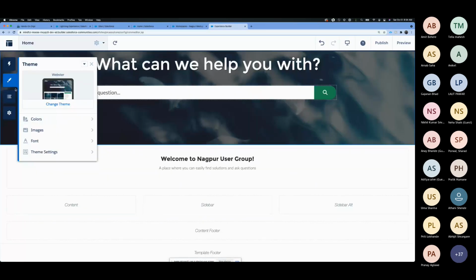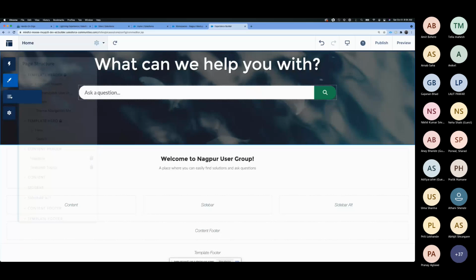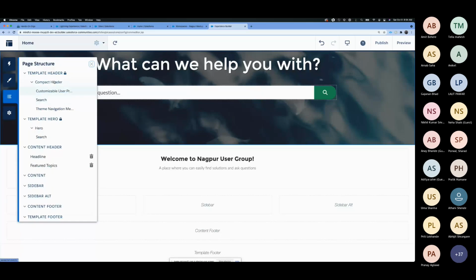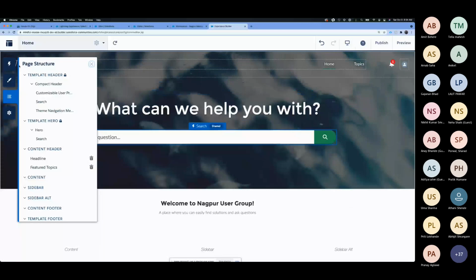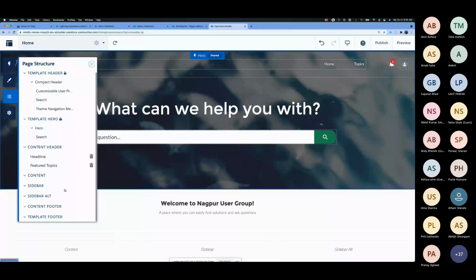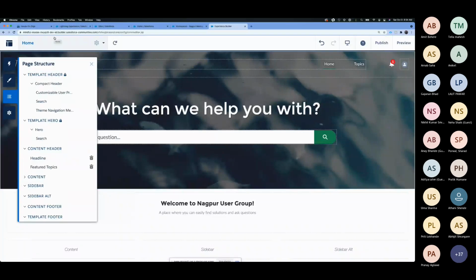Now you have this structure. This will show each page. Whenever you go into a page, this is the page structure, showing the different components we have. Each of these has its own name in Salesforce. So this is your first header component, then you have a customizable user interface, then you have a search component. If you want to remove some component or add more, you can simply drag and drop. But this is basically your page structure, what the different components your page contains.